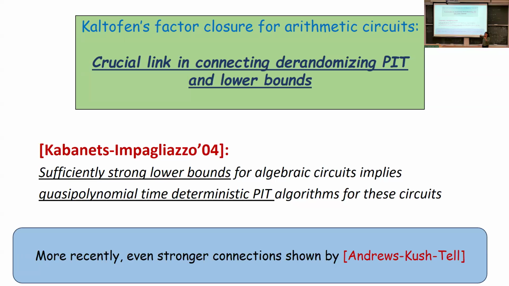But there is an easier to state converse, which is if you can de-randomize polynomial identity testing in the black box model, then there's an almost immediate converse: PIT implies lower bounds. But if you have it in the white box model, the statement is a little bit more messy to state. Okay. But the same paper has both directions.